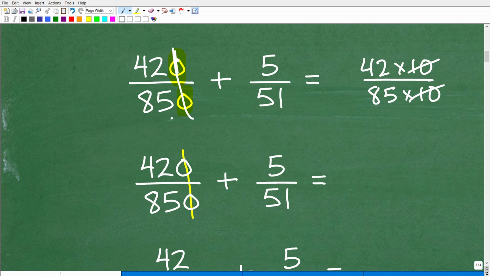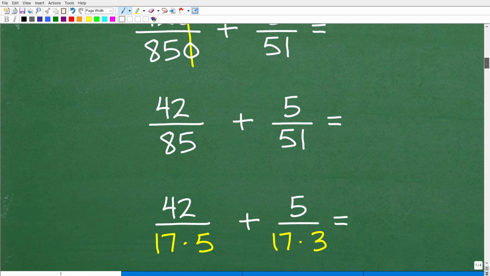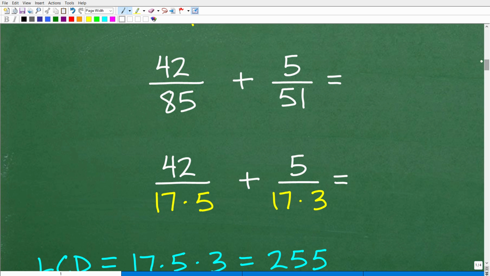So that's hopefully the first thing that you saw in this problem. If it isn't, always evaluate the fractions you're dealing with before you start doing anything. Hey, can I make this fraction simpler? And in this case, we obviously can. Okay, so let's go ahead and take a look at the problem